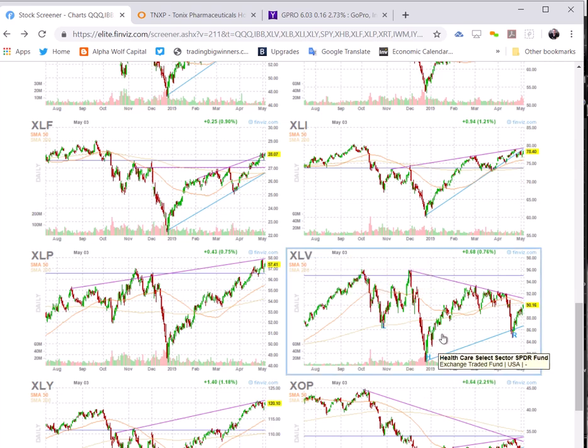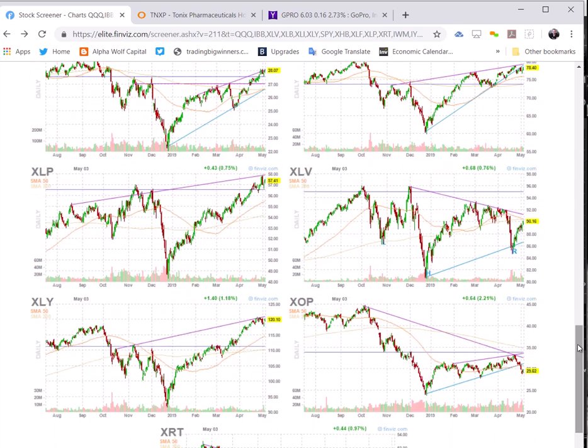XLV healthcare. So, we have a head and shoulders reversal pattern on the daily on that as well. XLV coming up into potential moving average resistance as well as trend line resistance. We'll see how it plays out. But big, thick stocks, more swing or long-term hold type plays, names like Pfizer, UnitedHealth, and stuff like that. But definitely worth keeping an eye on the space. One healthcare name that I am keeping an eye on, we'll talk about it in a minute when we get to the earnings